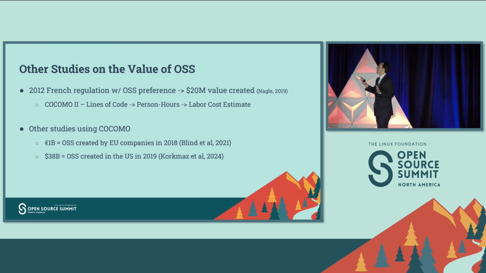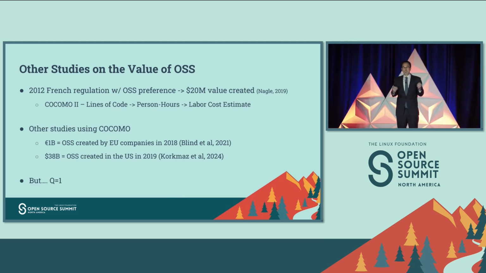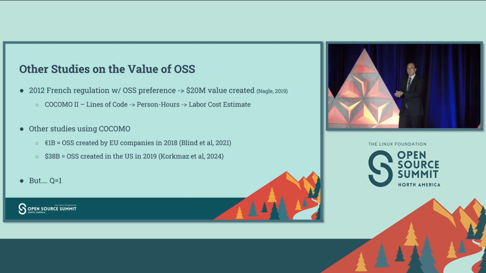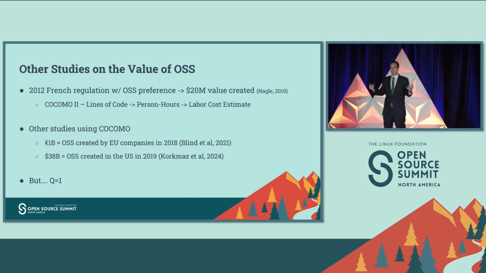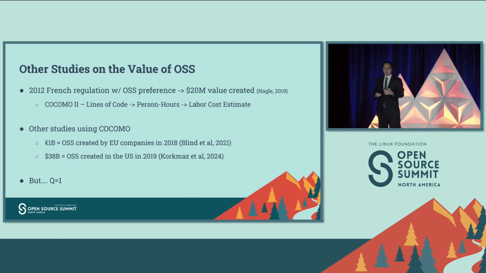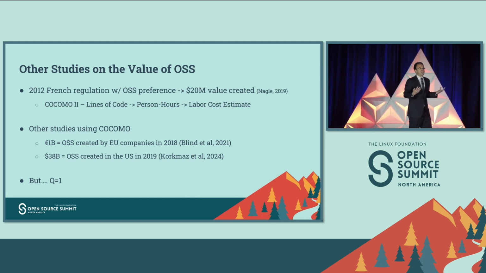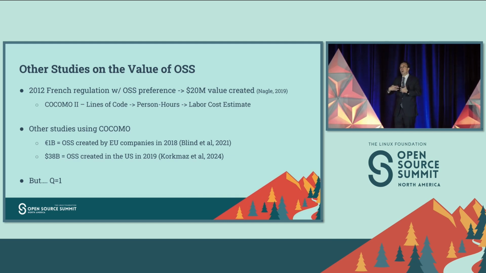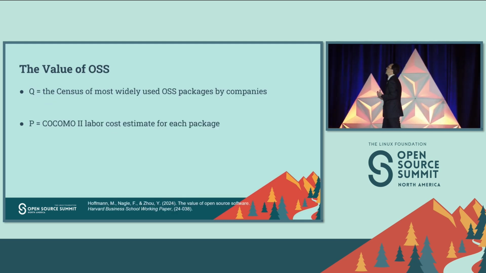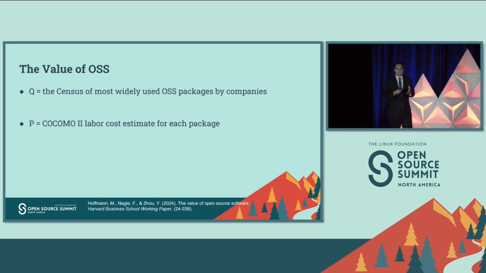Now, the problem with both of these studies is that Q equals 1, right? So they're just measuring what would happen if all of the open source repositories were deleted, but the idea of open source still existed, and we just needed to pay people to rewrite all this code one time so that everybody can use it again, right? That's important, but we wanted to think more broadly: what if open source as a concept didn't exist, and all the companies that are using open source had to rewrite this software from scratch themselves? And so we end up having our Q from the census,